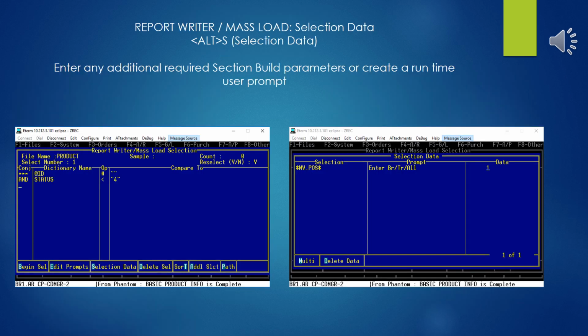While you're in the selection builder, you may add additional filter attributes to reduce the number of records in your report, and one of those attributes might require some additional selection data in order for it to do its magic, and that's of course what's happened here in this example. I've added status in the selection criteria, and in order for status to work, it needs to know the status